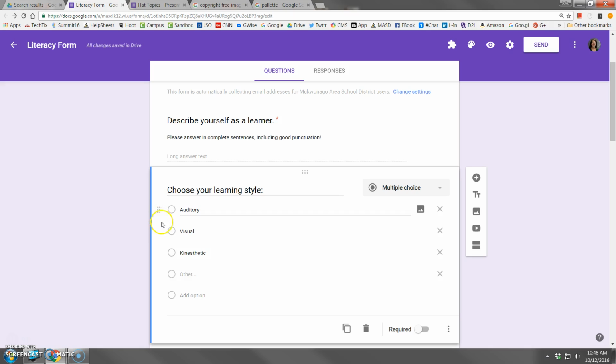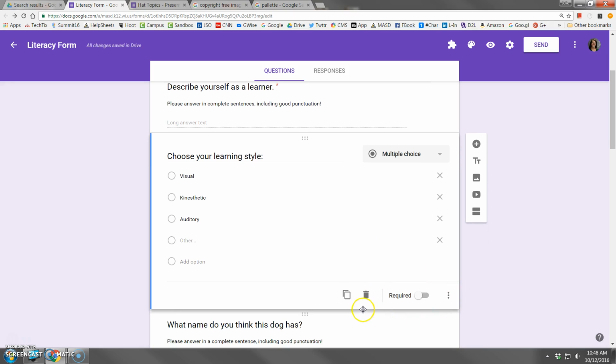Now, each item, you can see as I move, has a little set of dots to the left of it, and this allows you to change the order of the choices. And as before, like with any of the other questions, you can duplicate the question, trash it, require it, and